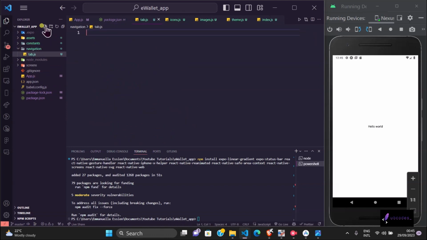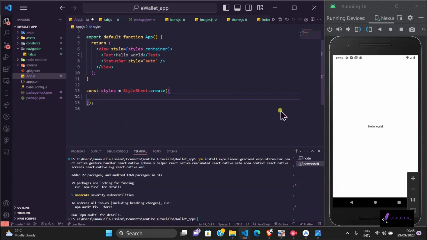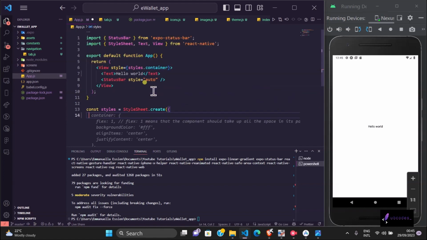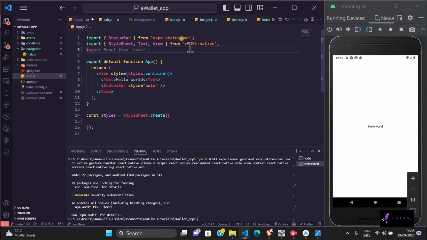So for our navigation, we'll create a tab.js. We're going to start from tab. Let me put these beside each other because we're going to be moving along both of them. In our app.js, we just add this simple thing. I won't be making use of this, so we can just remove all that's inside here. Okay, so we've imported StyleSheet, Text, and View. We also import